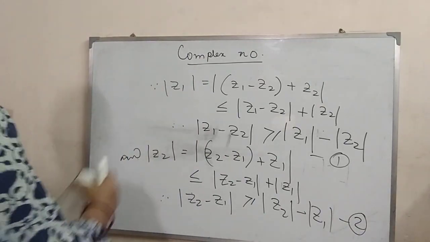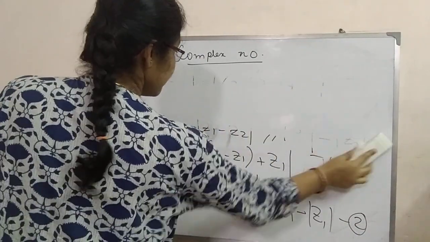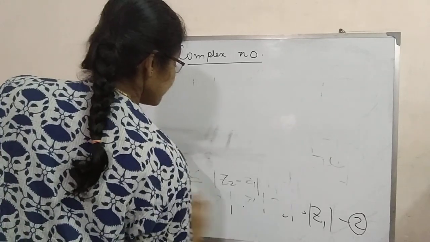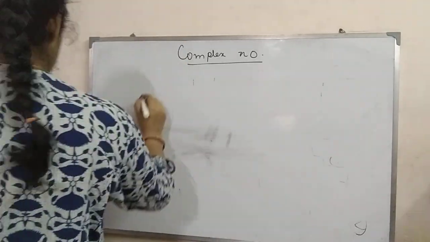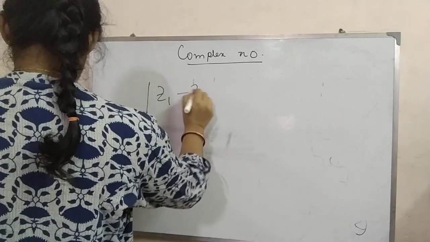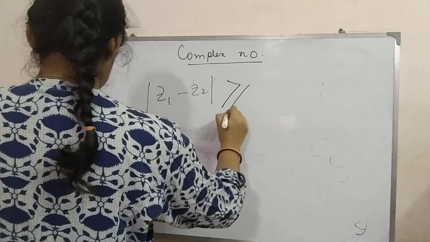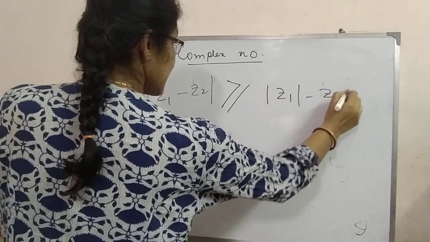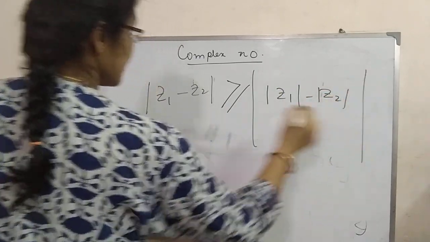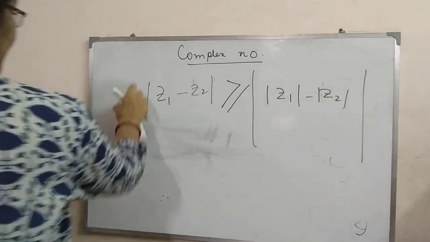From 1 and 2, I can write modulus of Z1 minus Z2 is greater than or equal to the modulus of modulus Z1 minus modulus Z2. Okay, and